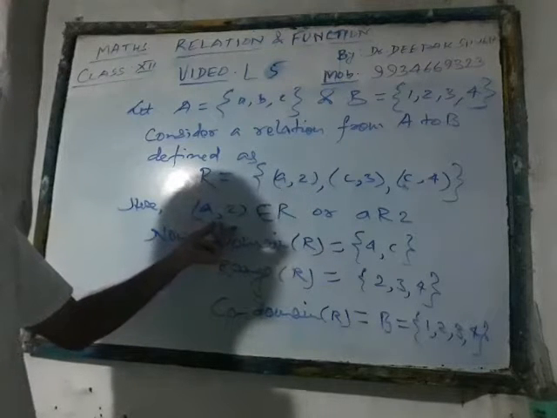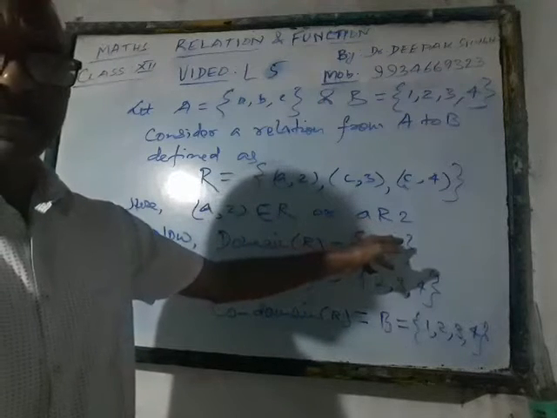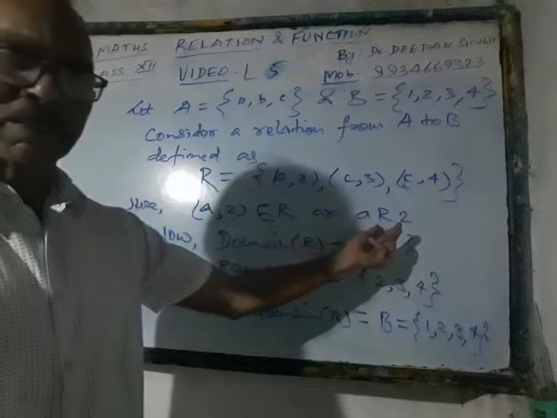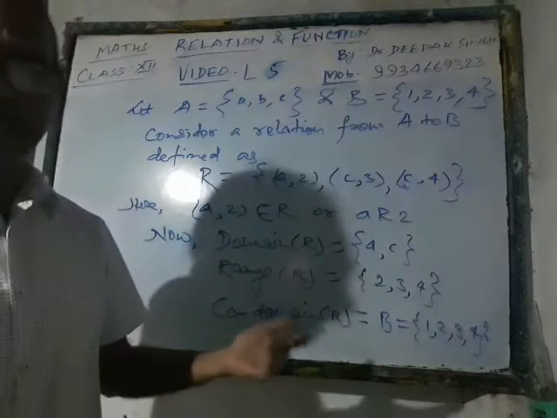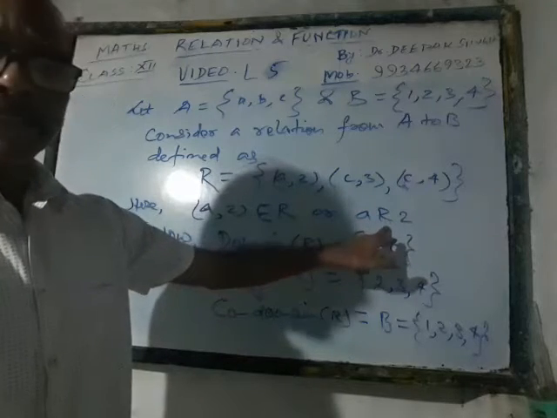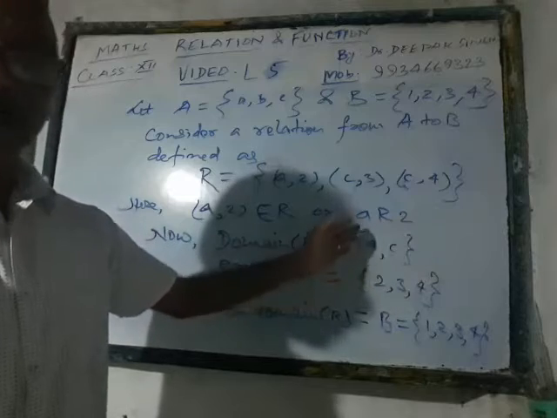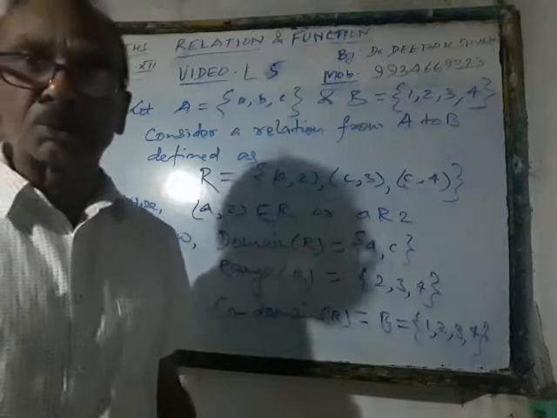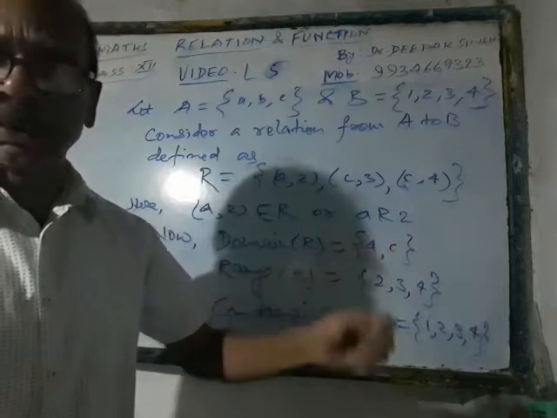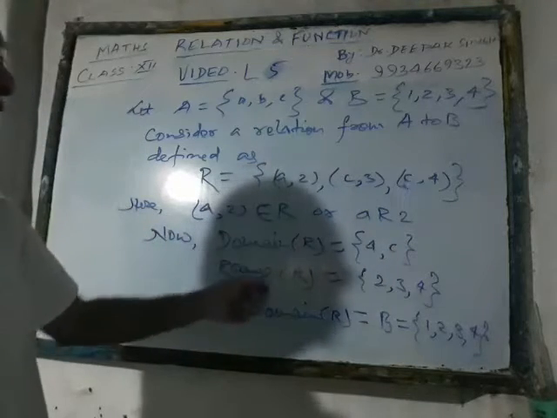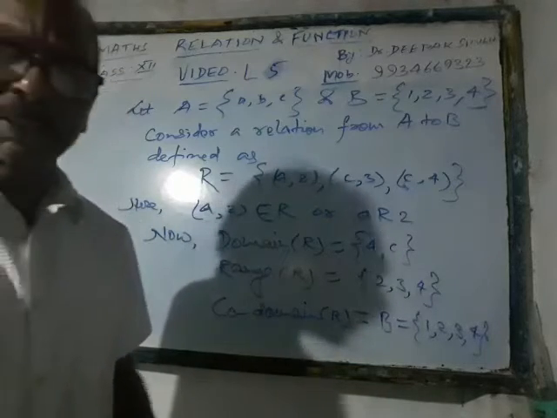Now, in order to represent this, if an element lies in the given relation, how will you represent that? You will be writing (a, 2) belongs to R, or maybe writing it like this: a R 2. You will be reading this as a is R-related to 2. Whatever the relation between them is, you will be saying it like that. If R is replaced by S, you will be saying a is S-related to 2. If the sign of equality is there, you will be saying a is equal to 2. If the sign of less than is there, you will be saying that a is less than 2, and so on.